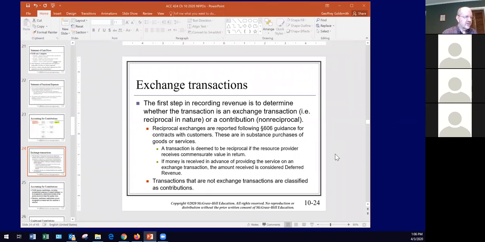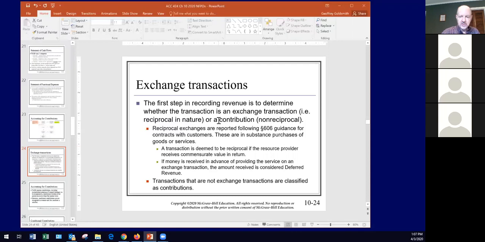So here there's more detail about what was in the chart. Exchange transactions. The first step is to determine whether the transaction is an exchange transaction that's reciprocal in nature or a contribution which is non-reciprocal. You might think of reciprocal as being a two-way street where goods and resources of equal value are going in one direction and then being returned in the other direction. But if it's non-reciprocal, it's one way,